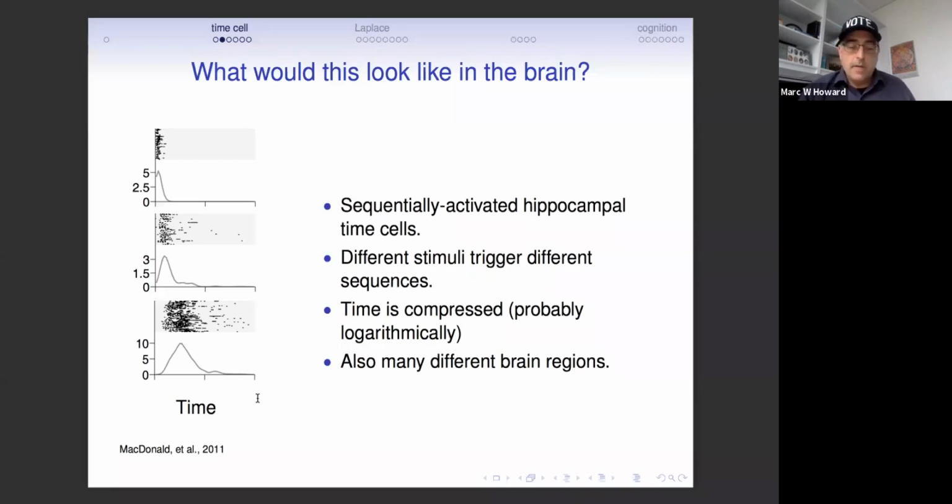So let's think for a moment about how a population with receptive fields in time would behave as an event recedes into the past. If some triggering stimulus comes, clap, as it recedes into the past, it should enter and then leave the receptive fields of different neurons, different time cells. And so if we're observing from the outside, what we should see is neurons that fire in sequence, that fire at a consistent sequence across different occurrences of the same stimulus.